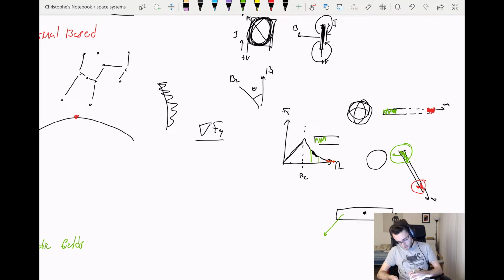So you actually start to spin your craft about its axis, right? What that'll do is it'll eventually stabilize out to where you've got this infinitely long rod pointing radially away from the Earth, because now